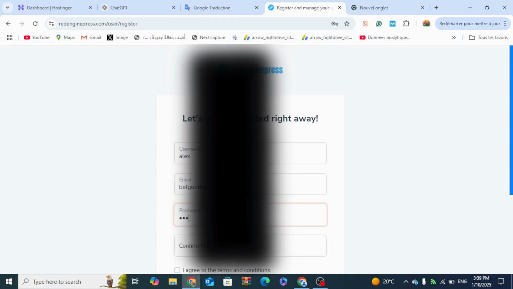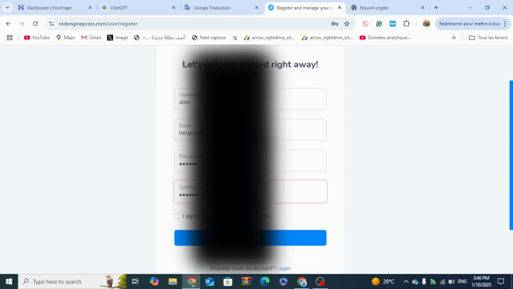And you check your password, and then you confirm your password, and you agree here, and you register.